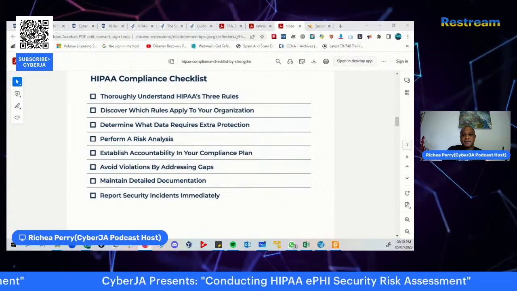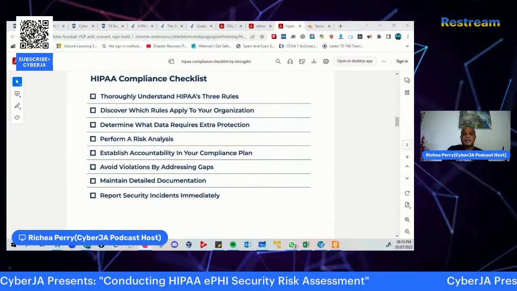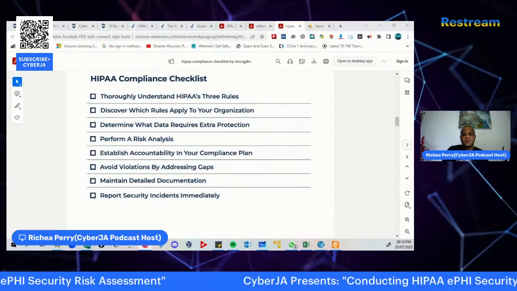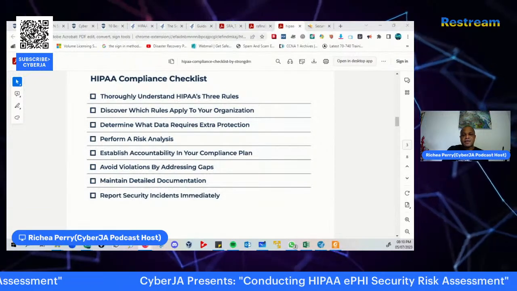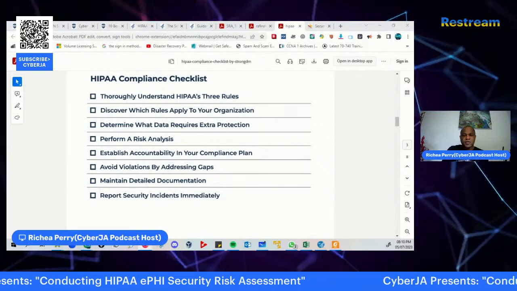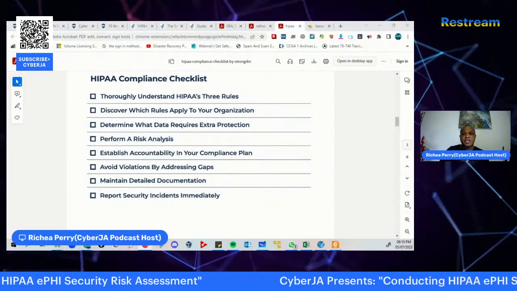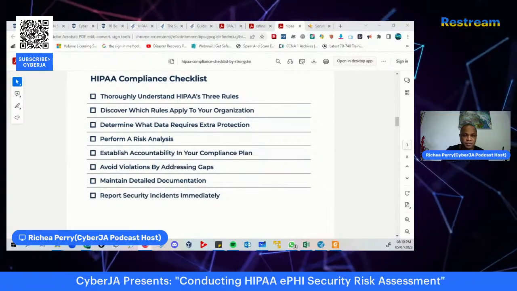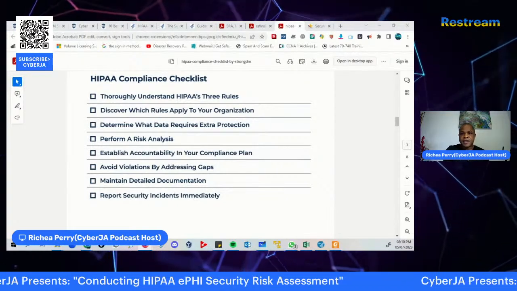Once you get that fully understood, then it's a matter of getting the support of the organization, understanding that plan, being able to execute that plan, and having everyone on board understanding what you're trying to achieve as it relates to meeting that compliance regulation. So that's the key thing behind all of this.